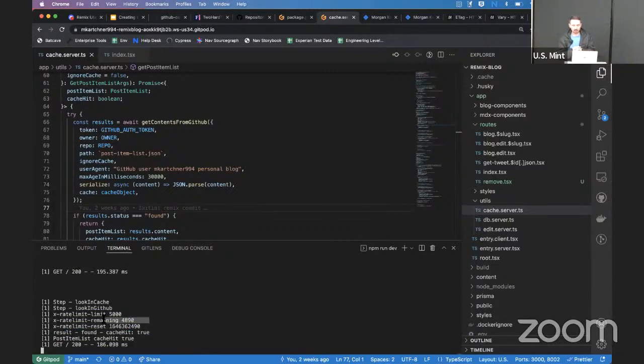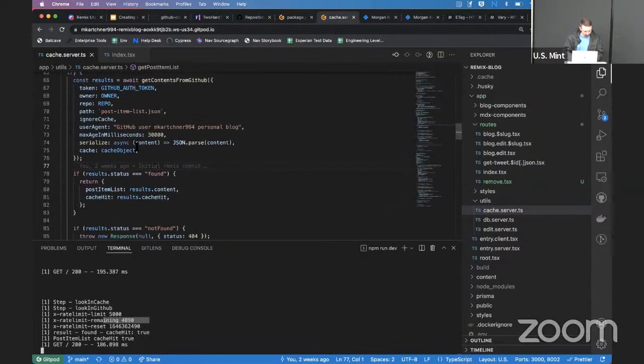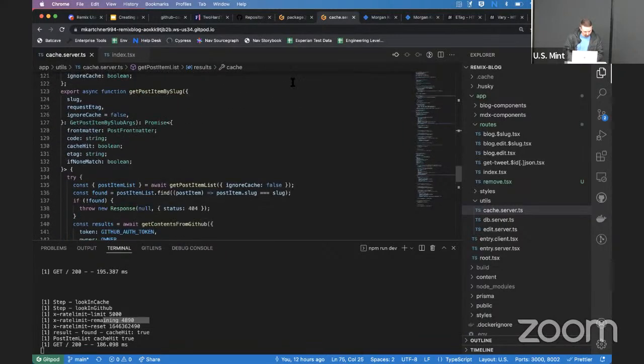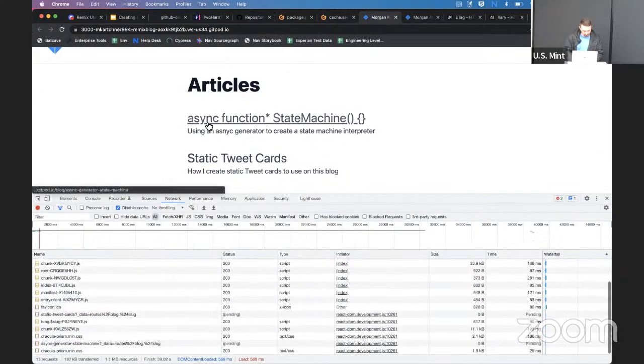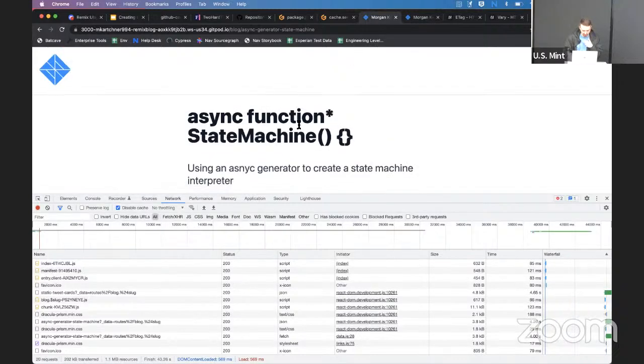So it's using an ETag that GitHub returns in the content that says, hey, if you're caching this, you can send this ETag in an if-none-match header back to us, and we'll tell you if it's different. If it is, we'll send you back the different content in a 200 response. If it's not, we'll just send you a 304 with an empty body, and you can use the content that you already have. So I think that works out pretty well. And then if we go to a blog post, it's basically the same thing.